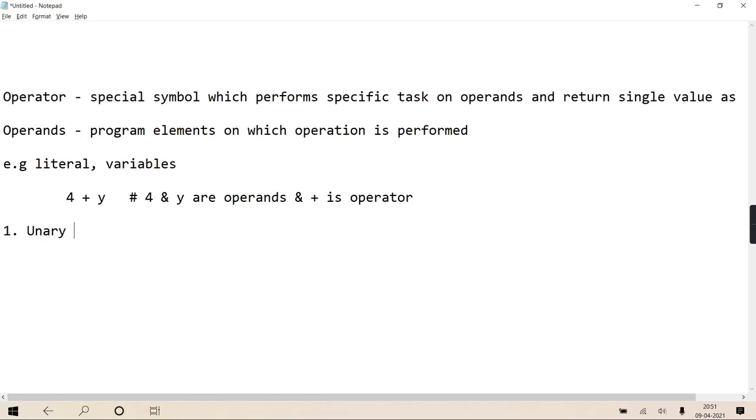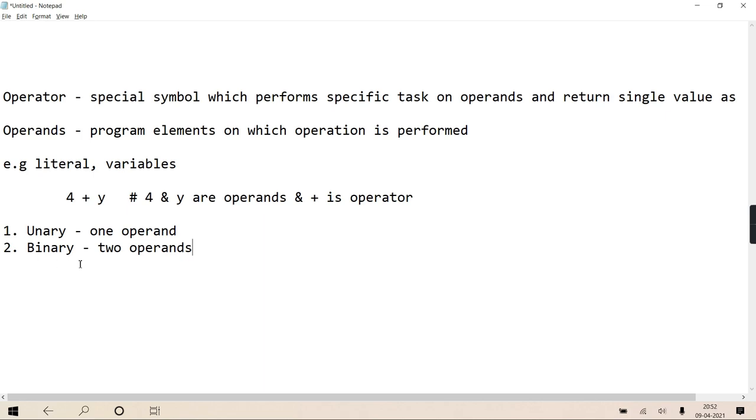Unary means it works on one operand, and binary works on two operands. So when the operator operates on two operands, it's binary. When it operates on one operand, it is unary.